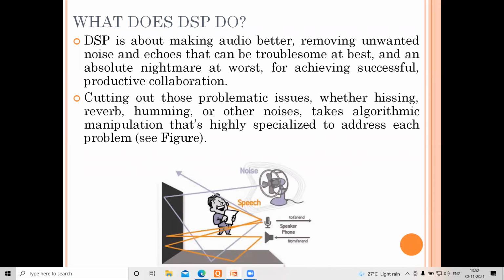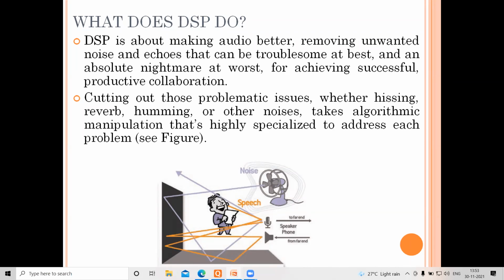Therefore, what happens is the noise of your fan that's coming, it vibrates, right? Then the speaker is too far from the microphone, standing far away and trying to talk to you, right? Far ahead from the loudspeaker, you are not able to do this. This will be a problem.